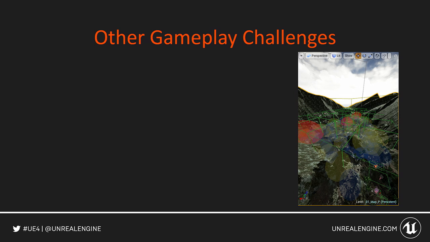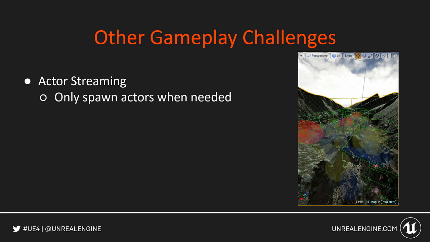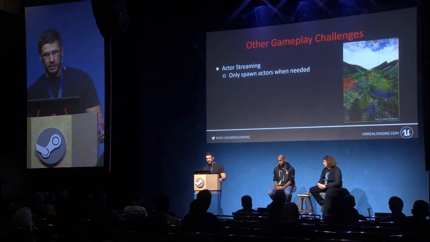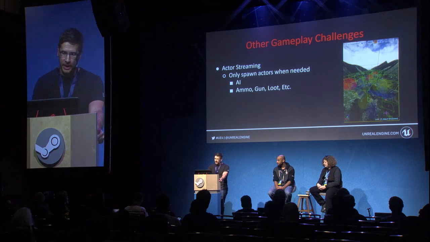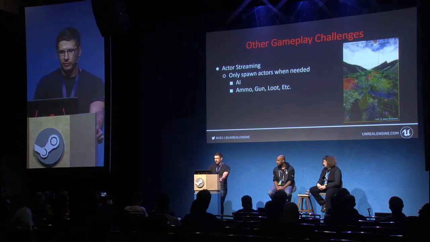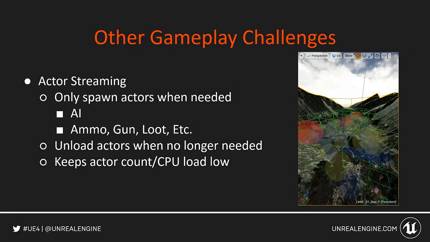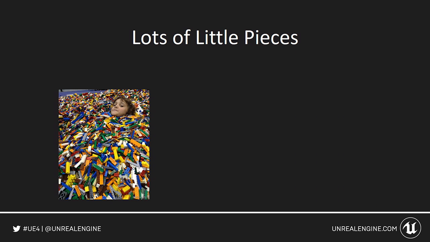So, other gameplay challenges that we're facing: actor streaming becomes a pretty big deal in VR, and it's not just GPU load, but CPU load is a huge bottleneck as well. Especially when you're making a giant open world game, there's a lot of stuff that needs to get streamed. So we had to find solutions for AI streaming. Basically anything that's not set dressing or environment in our game is dynamically streaming, unloading it when we're not needing it. Anything to keep the CPU below 11 milliseconds is great too.